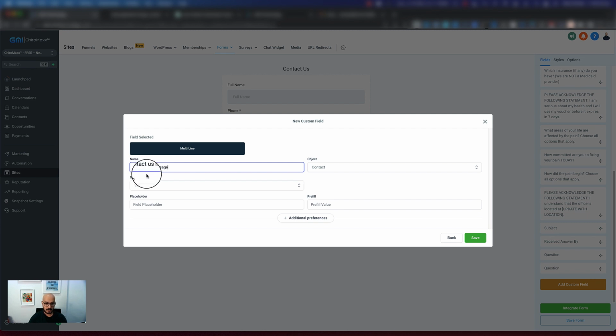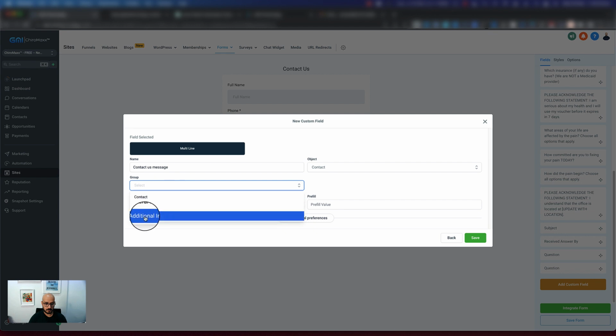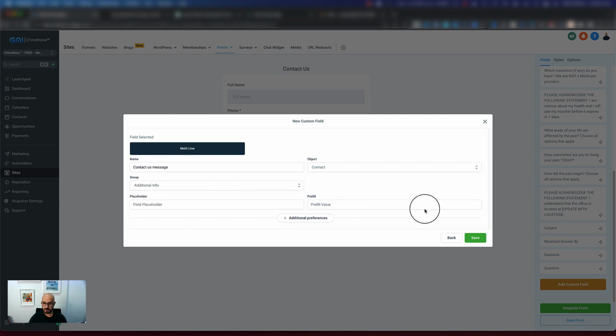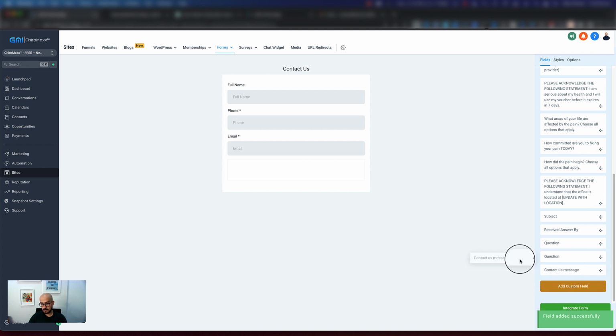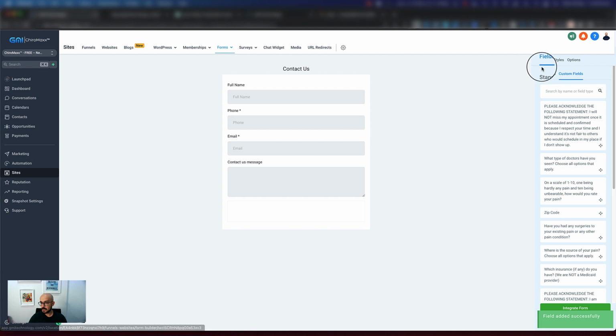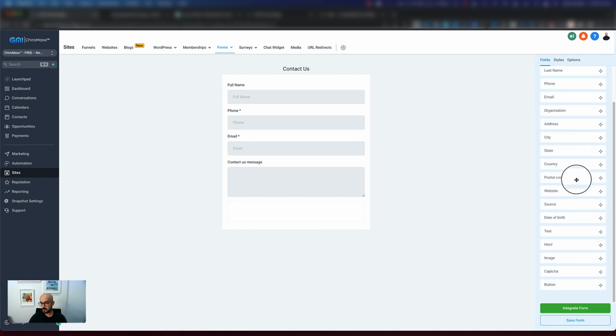message. The next thing I want to choose is the group. I'm going to put it into the additional information and hit save. That will come down at the bottom. Now I can drag and drop this in here. It's good. Now let's go back to the standard fields. What I usually like to do is put a captcha to make sure that we don't get any bot traffic submitting our forms. And then down at the bottom, I'm going to drop a button that we're going